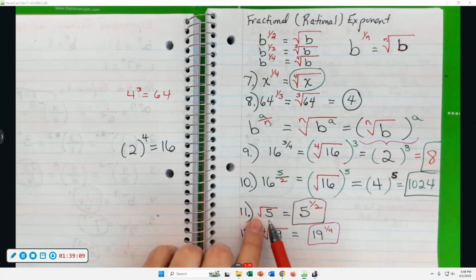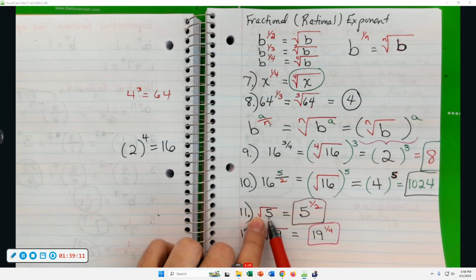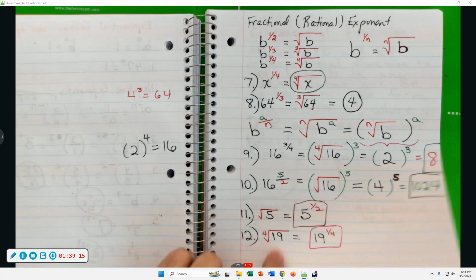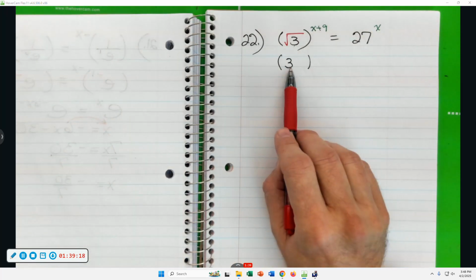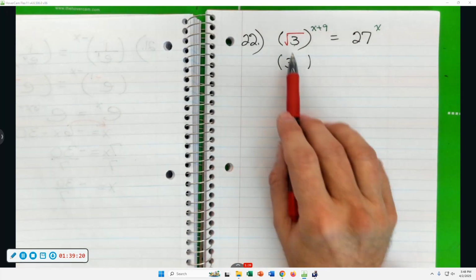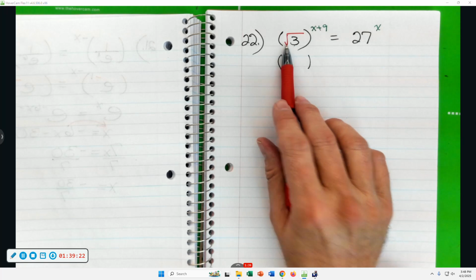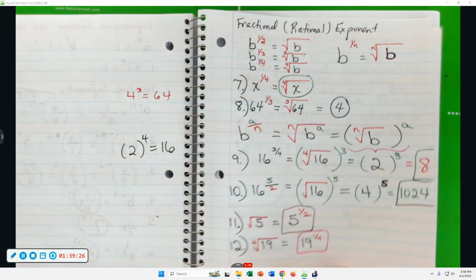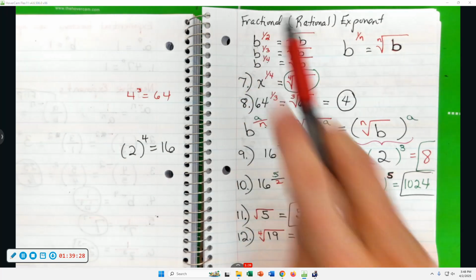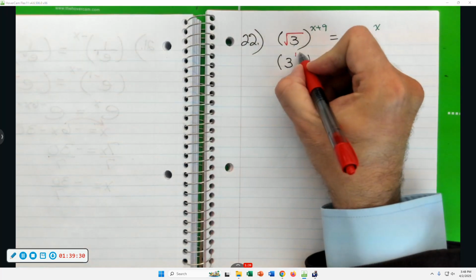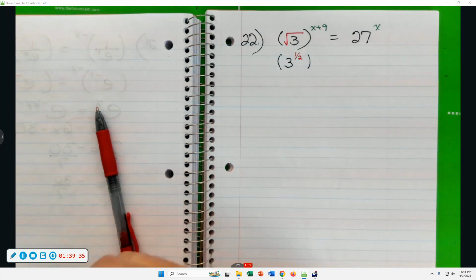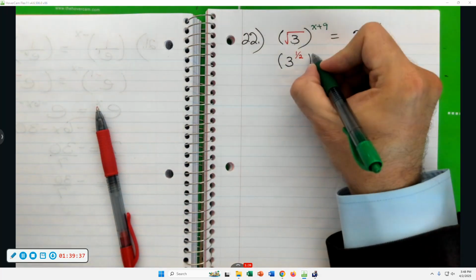Okay? Look right here. The fifth root, the square root of 5. The reason you were doing that problem is to get ready for something like this. The square root of 3, I'm going to replace the red square root with what red fraction? 1/2, to the x plus 9 power